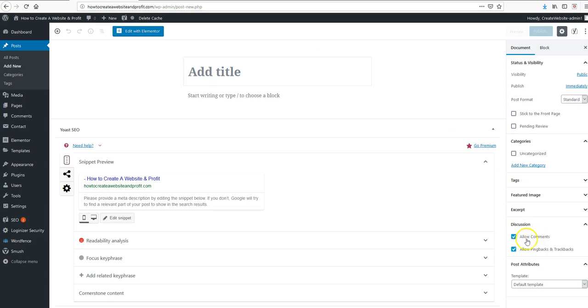You can make sure that when you do build posts or when you do build pages that you either check or uncheck these boxes for allowing comments. My recommendation is to uncheck them, to not allow comments on your pages or posts unless you have a good spam plugin. You might be able to find a good free one, but you may have to pay for a good spam plugin, and it'll help prevent a lot of spam comments